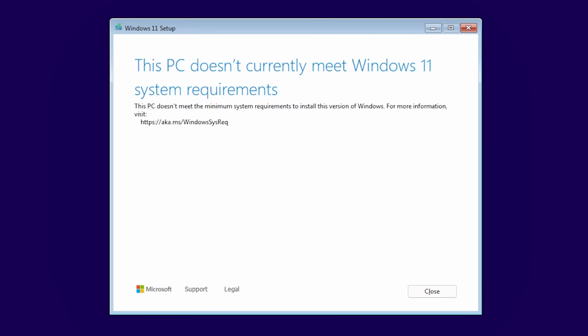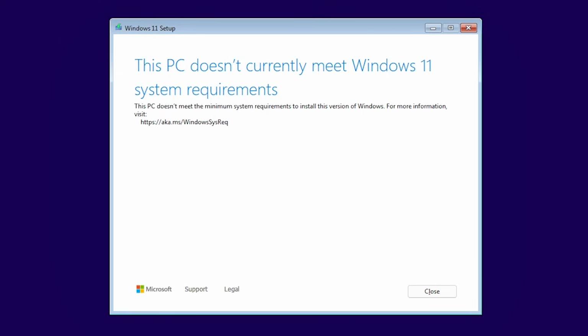In this video, we're going to talk about how to install Windows 11 on an unsupported or incompatible computer, or a computer that doesn't meet the Windows 11 system requirements. And we're going to see how we can bypass that by using a few different methods, some easy methods that I've used over the years to install Windows 11 on virtual machines that didn't meet the system requirements, or even computers